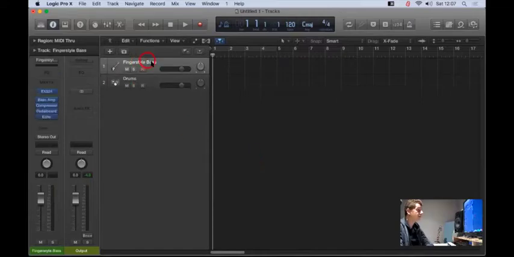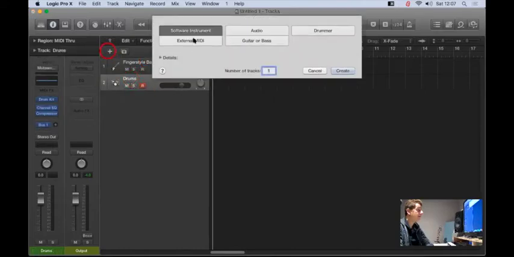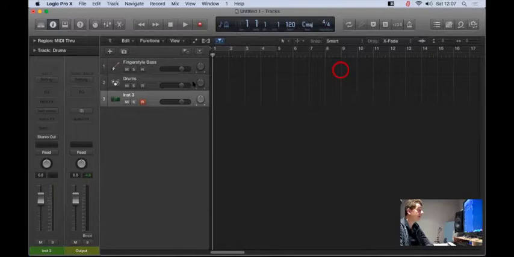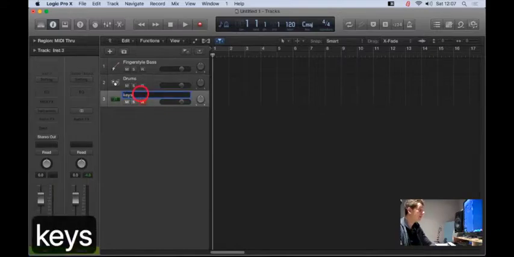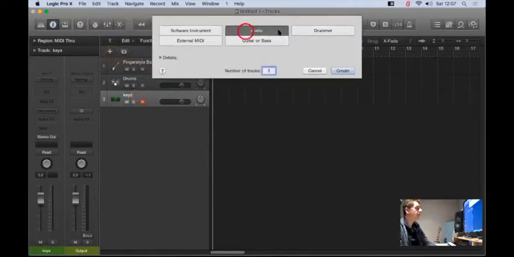So I've got a bass channel here ready to go. I've got some drums. I'm going to add another software instrument, and I might do keys there for some harmony or a top line. Top line means melody. And I'm going to record some guitar to show you how an audio track works rather than these virtual MIDI tracks. So audio creates,